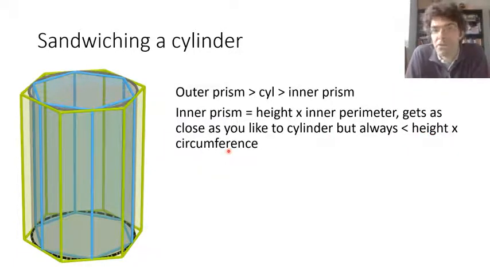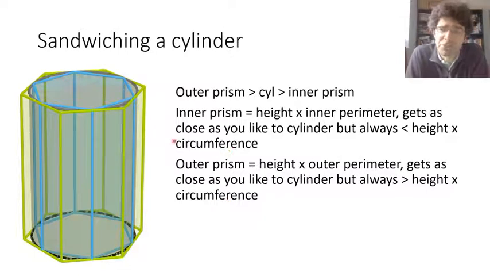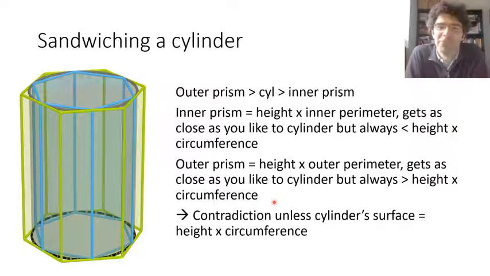And you get a similar contradiction using the circumscribed prism in a scenario that the surface area of the cylinder is any less than the height times the end circumference. So that is actually the only possibility left, that formula that we're familiar with now, the surface area of a tube is the height times the circumference of the cross section. You might say something like 2 pi RH in modern symbols.